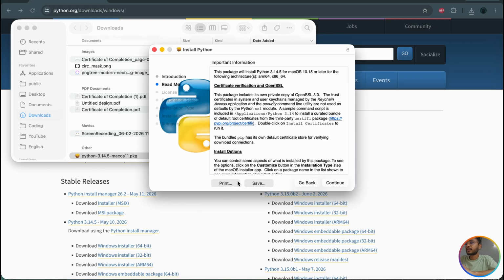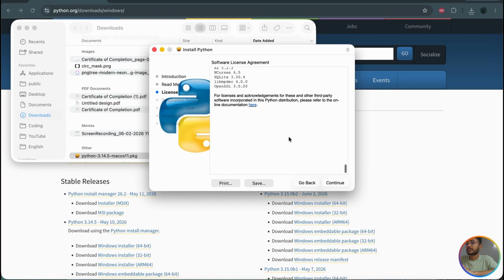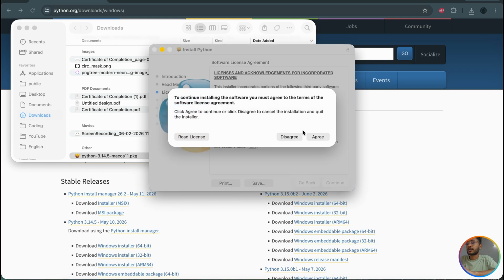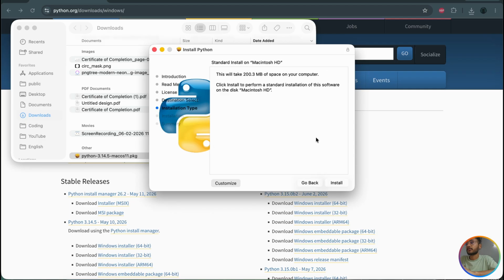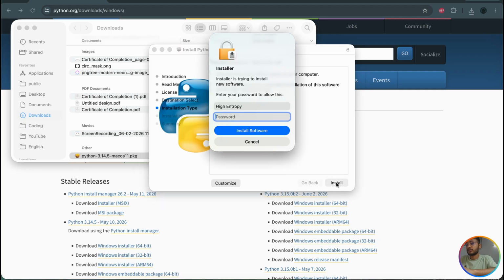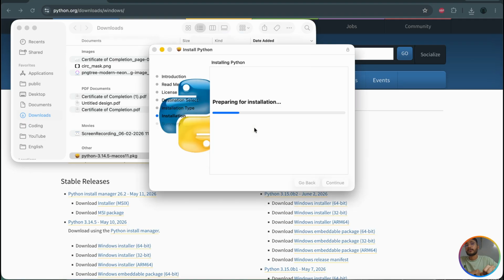Continue, click. Okay, and just click continue, and it will ask for terms and conditions, the license agreement, and just click on install. Okay, it's asking me for a password, and it will install it, right? So everything is going great, just keep on